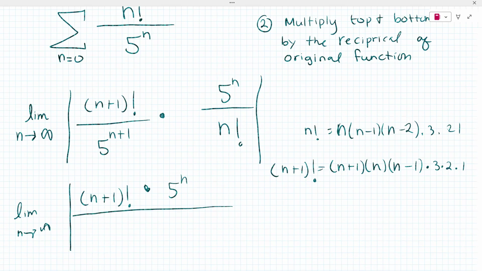And then on the bottom, remember 5 raised to the n plus 1 is equivalent to saying 5 to the n times 5 to the 1. And then you have this n factorial. And what eventually happens is the 5 to the n cancels. And then this n factorial cancels, and this factorial disappears. So now you're left with